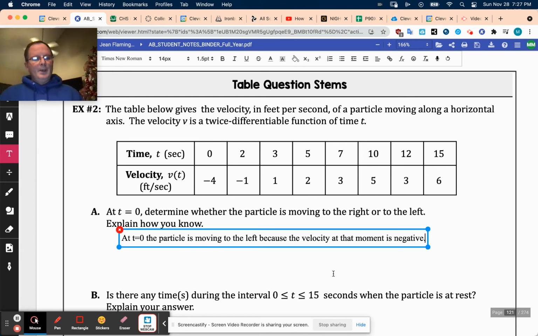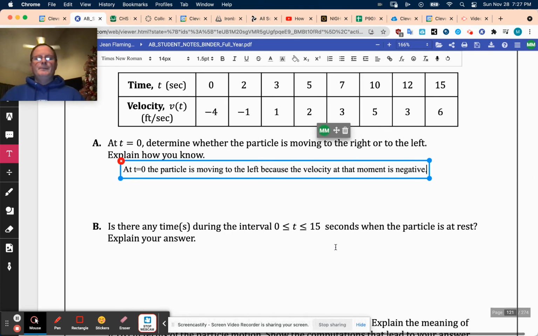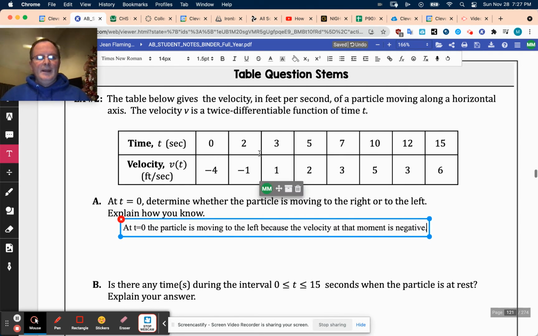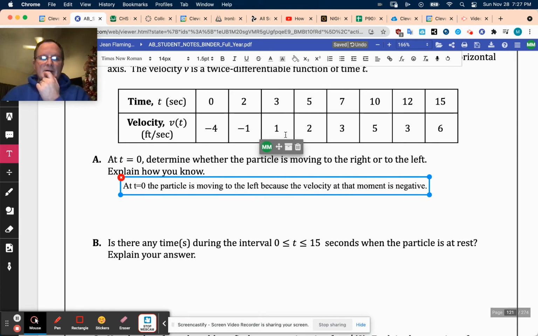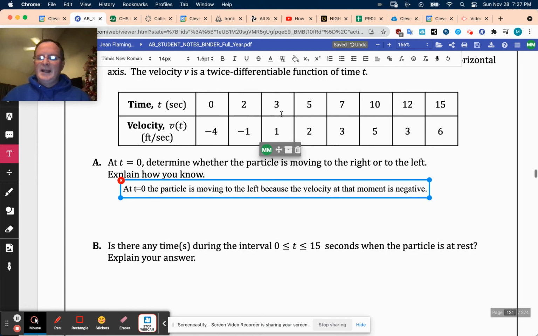Go down on your topic. Is there any time between 0 and 15 when the particle's at rest? Well, it says up here that this is a twice differentiable function, which means that the first derivative and the second derivative are both continuous functions. In other words, it's a smooth curve. It's not jumping around, it's traveling. So we went from -4 to -1, and then we went to 1. Because it's differentiable and continuous, we know that in between here, the velocity had